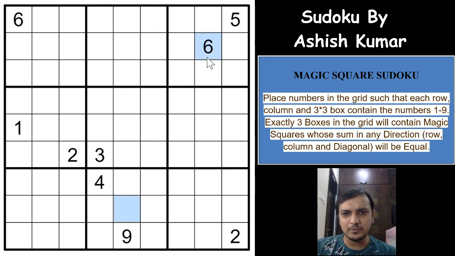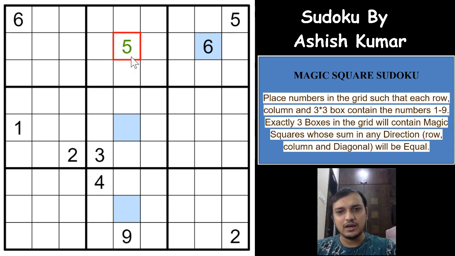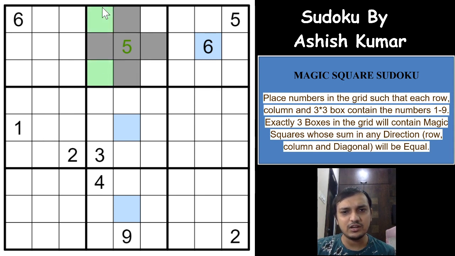Same way, this cannot be a magic square because you have 6 in the middle, right? This cannot be a magic square because you have a 3 at the corner. The corners will always be even digits, which means that one of these 3 boxes has to be a magic square, right? And the only possible box is this box. So I can directly mark that here, and which will give me odd digits in these 5 cells and even digits in these 4 cells, right?